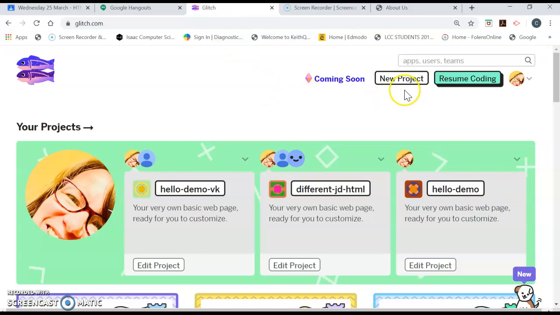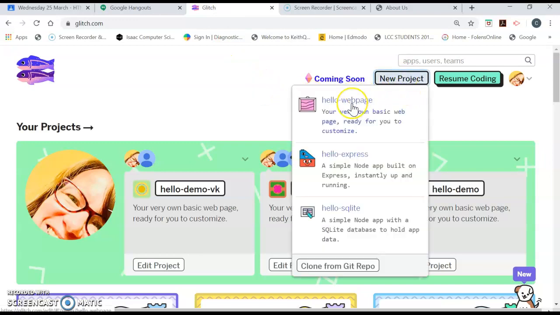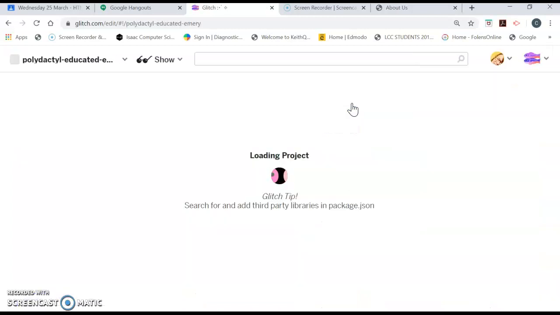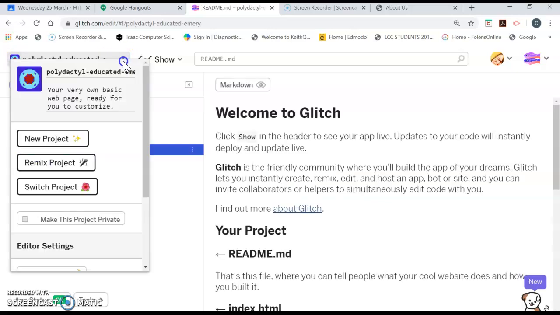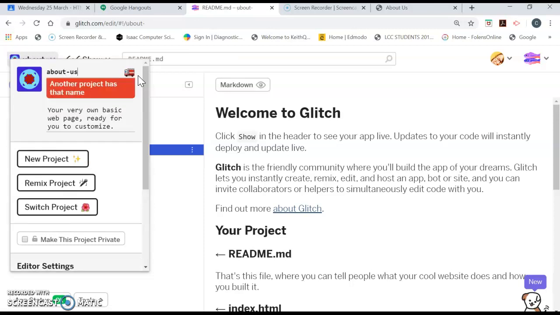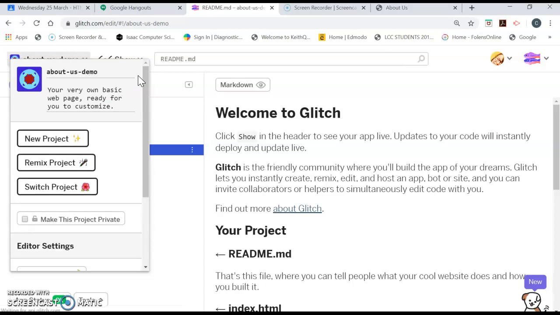The other version of how to create it is in Glitch. So I'm going to go to Glitch now. I'm going to create a new project, which is a basic hello web page. Just give it a moment. There we go. I'm going to change the name to About Us demo. You might put your own,